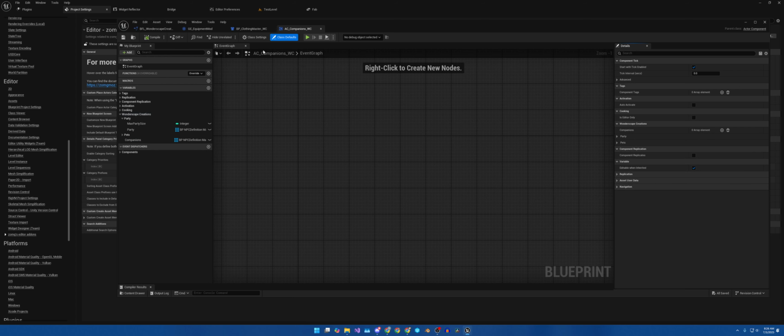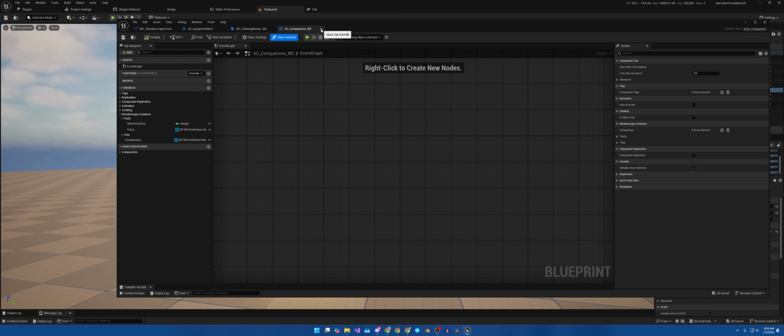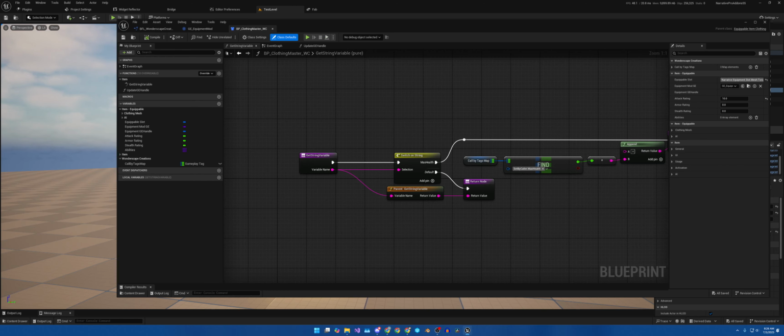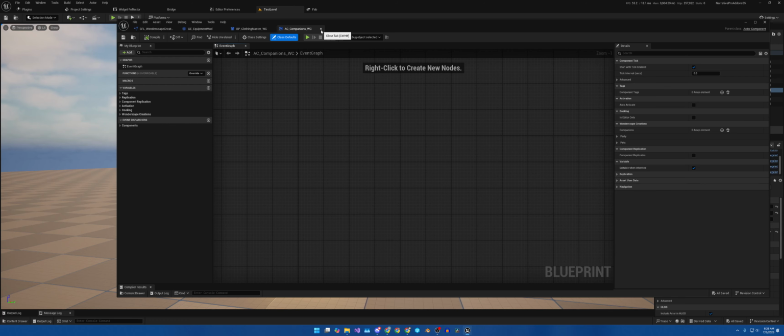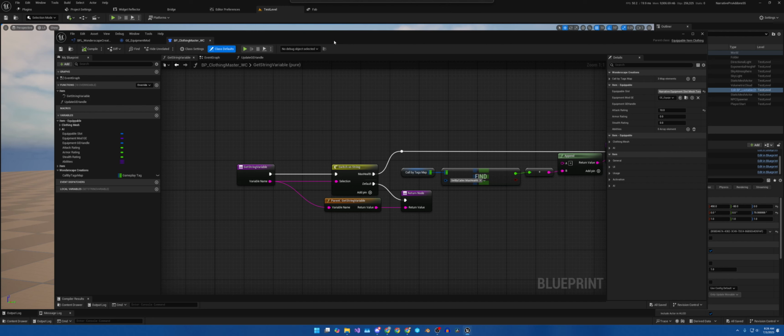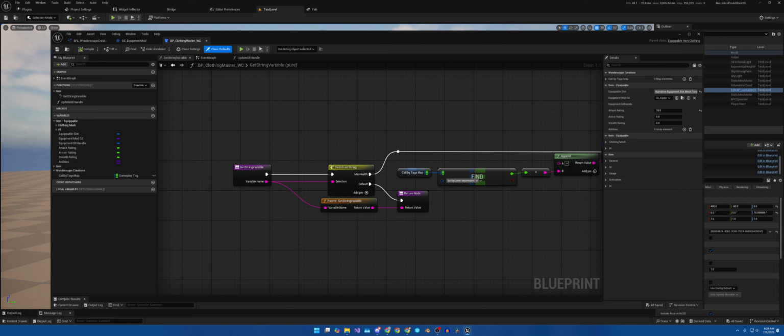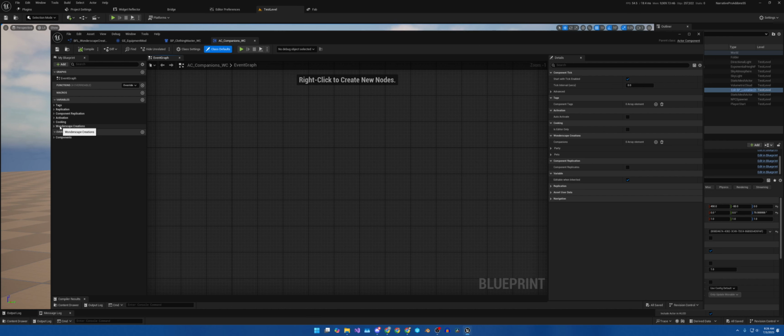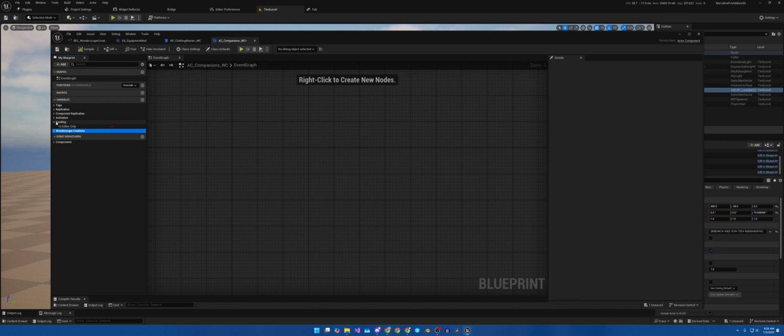Now come into the class defaults. It should be showing up, but for some reason at the moment it's not. Go ahead and close that and open it up. Yeah, it's not wanting to work at the moment. That's not a feature I care all that much about anyways, but it is cool when it's working. As you can see right here, it's working. Now, with that being said, let me try something here. That's fine. It may not be working simply because of